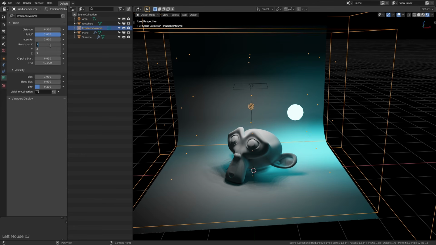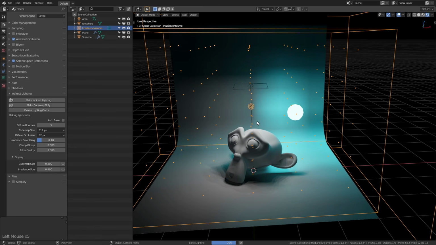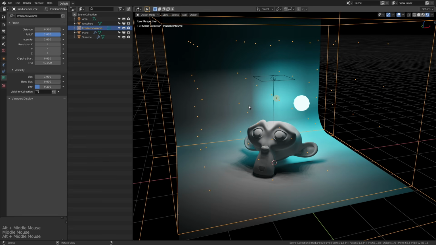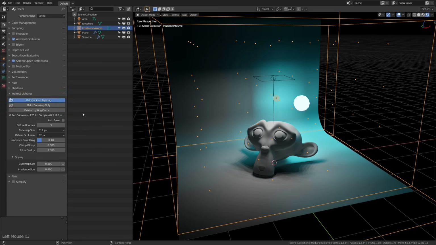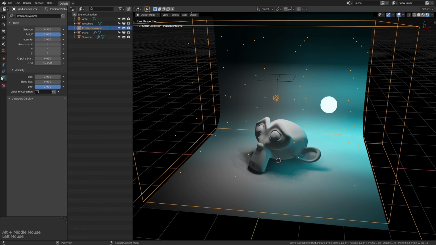So we are able to get lighting from meshes, but we need to really tweak our irradiance volume to make it look good. So in this case, let's try 5. Maybe that is a good middle ground. And again, we're getting those lines. So I think the default of 4 might be pretty decent. And you could mess with the bias and really try to get it working. So if we set the blur up, maybe that will help. There we go. It's blurred out a little bit more, but generally, now we're really getting into the nitty gritty